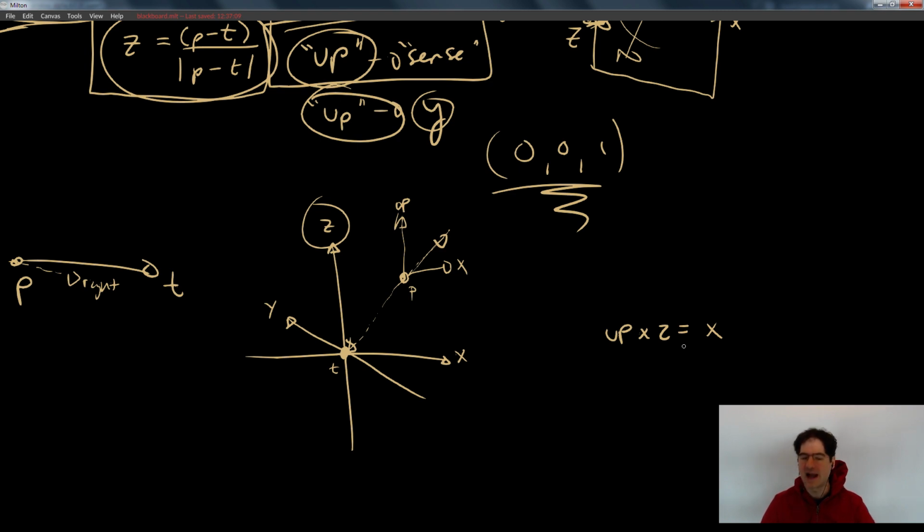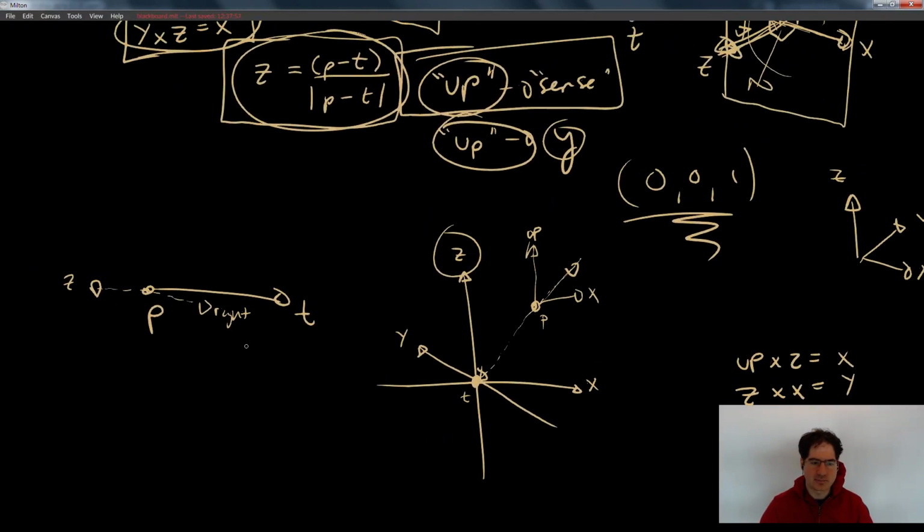So I can just do the process one more time to get my y, right? Because I know, again, from looking at the diagram, that if I wanted to produce the y-axis, I could simply take z cross x. Remember, curl your hands from the z-axis to the x-axis, and the y should come out the thumb, right? I can just do z cross x, and that will give me my y. So that gives me the complete equation